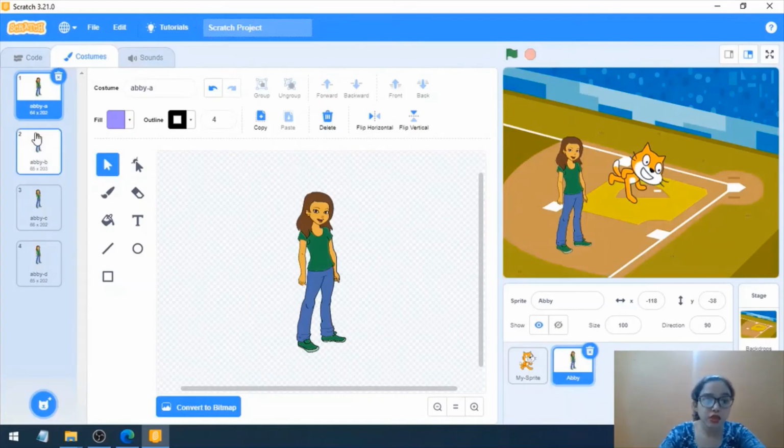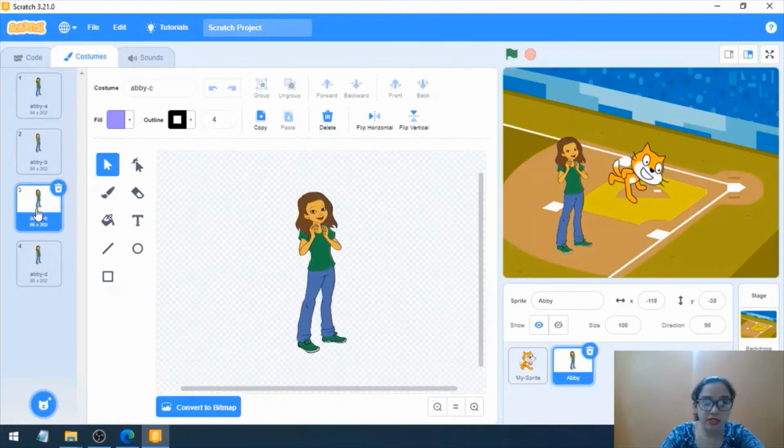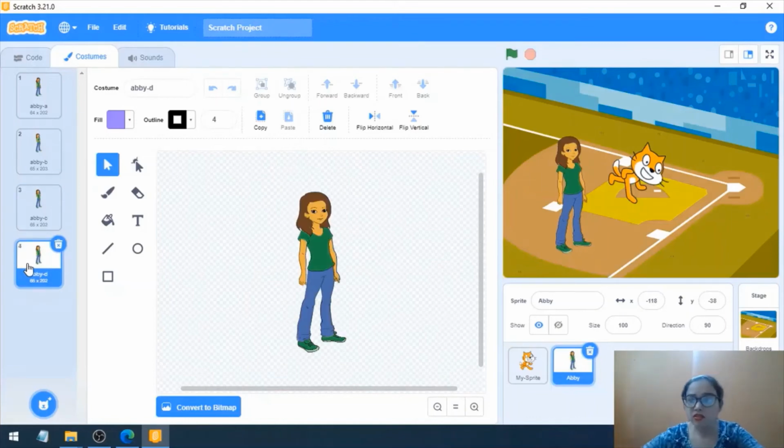Here you can see this is the second one. If I click on fast, you can see the movement, right? This is the third costume of Abe, and this is the fourth one. So these are the costumes related to every sprite in your Scratch software.